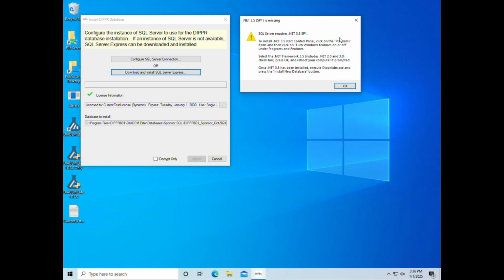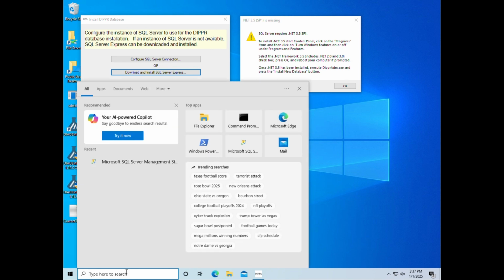Occasionally, when you click this button, you will see the following pop-up. SQL Server requires .NET 3.5 SP1 and some instructions on how to turn it on. We will go over these so that if you see this, you know how to address it. So as you can see, it says to start Control Panel,